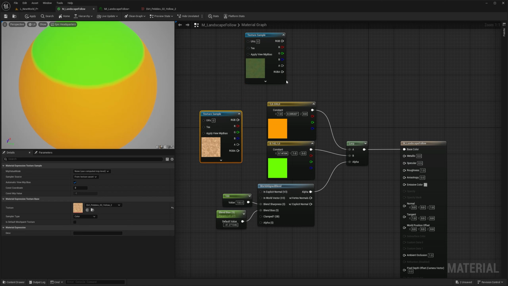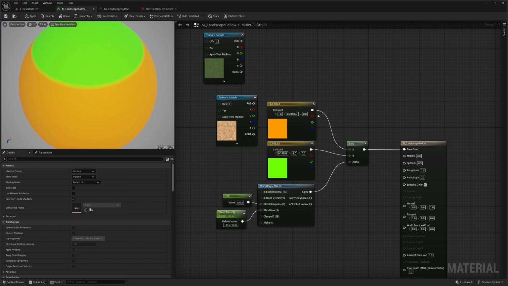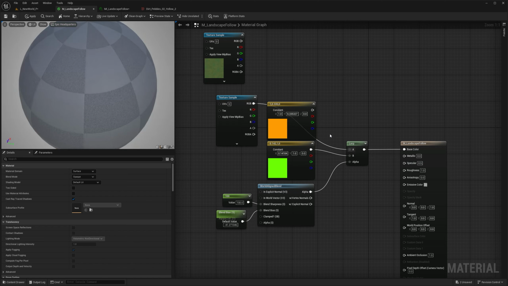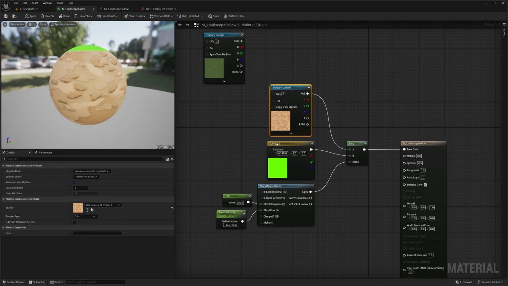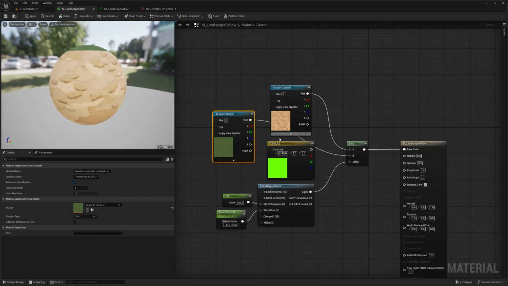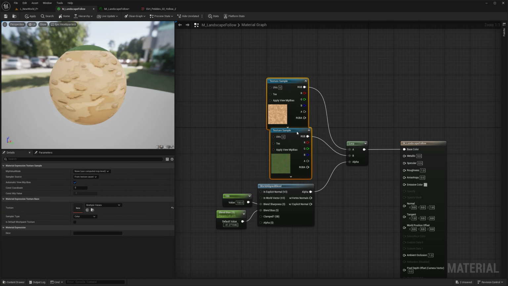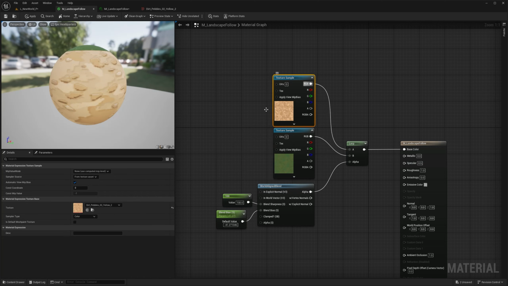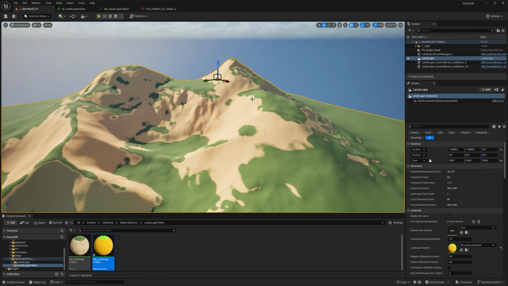And you guessed it, it's pretty straightforward. I just need to go here and connect this to this instead of having the color. So there's two ways to do it. You can just click and drag and override and delete this. Or, it's already showing up there, you can just control click and drag and essentially rearrange the position of the connections. So I'm just going to put it there. I'm going to save it. And let's take a look at how this looks right now as is in our landscape.